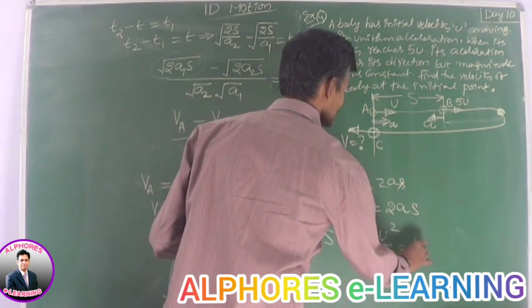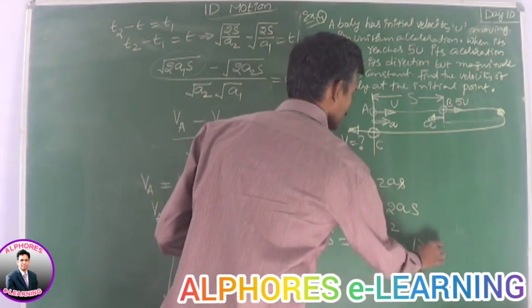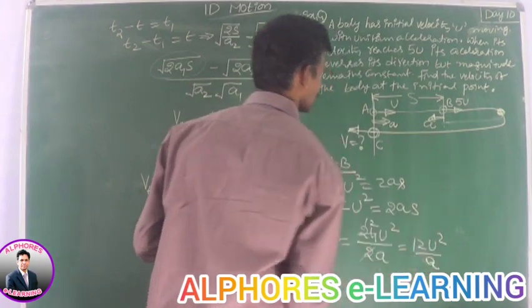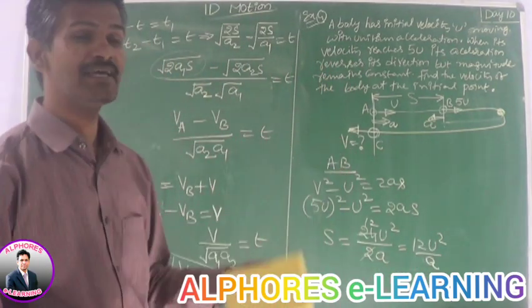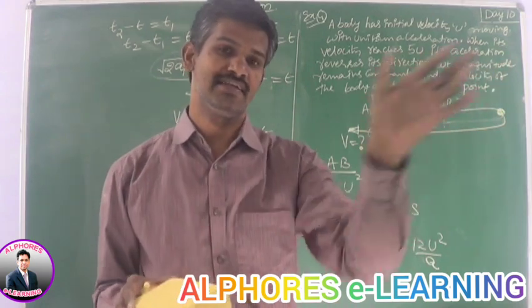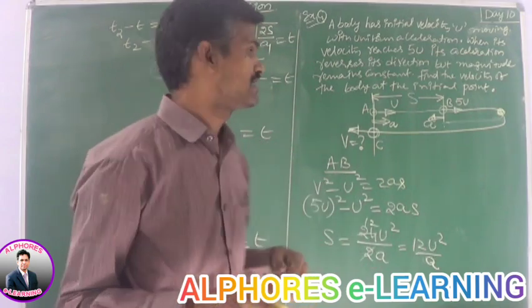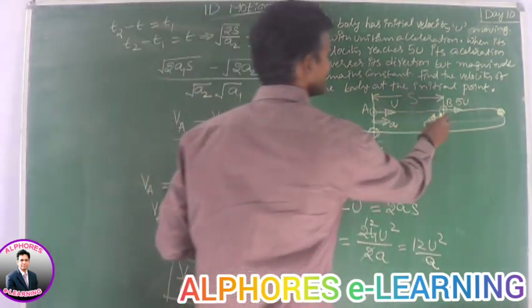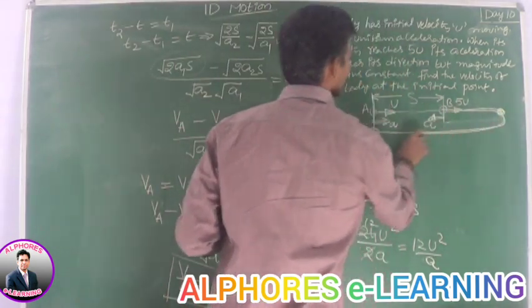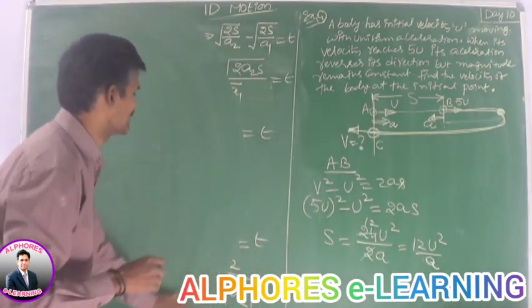The 2 gets cancelled, so s equals 12u square by a. This is the displacement travelled by the body with a uniform acceleration. After that, acceleration gets reversed. After reversing the acceleration, it travels like this. So for this BC journey,